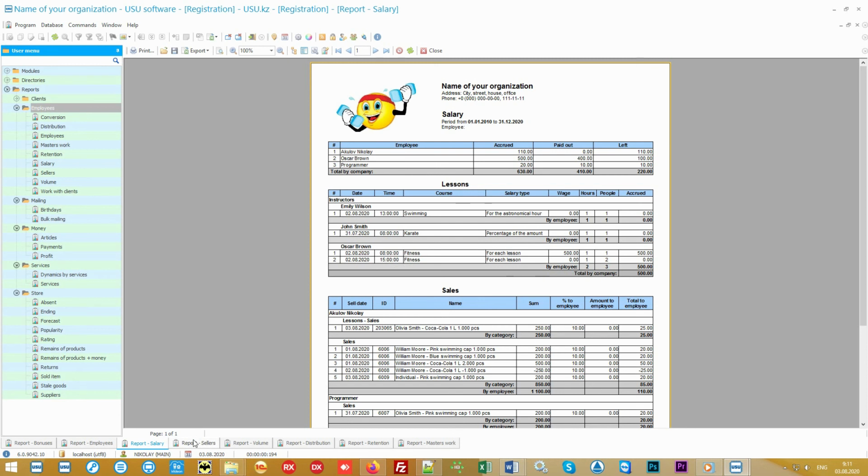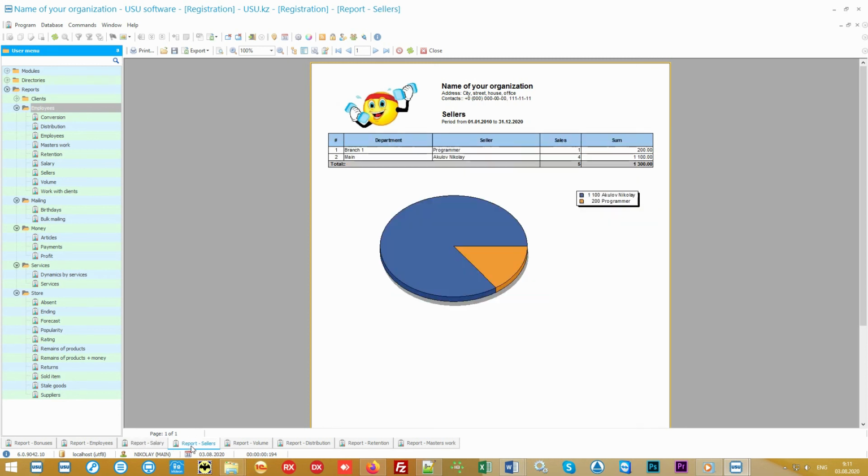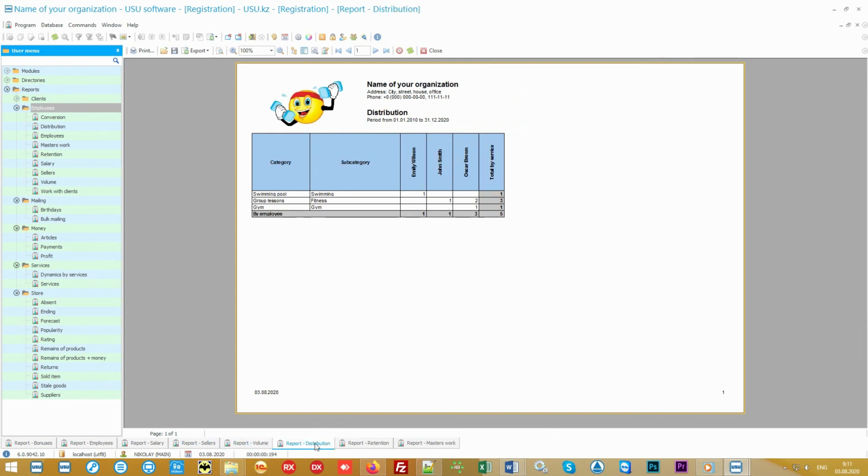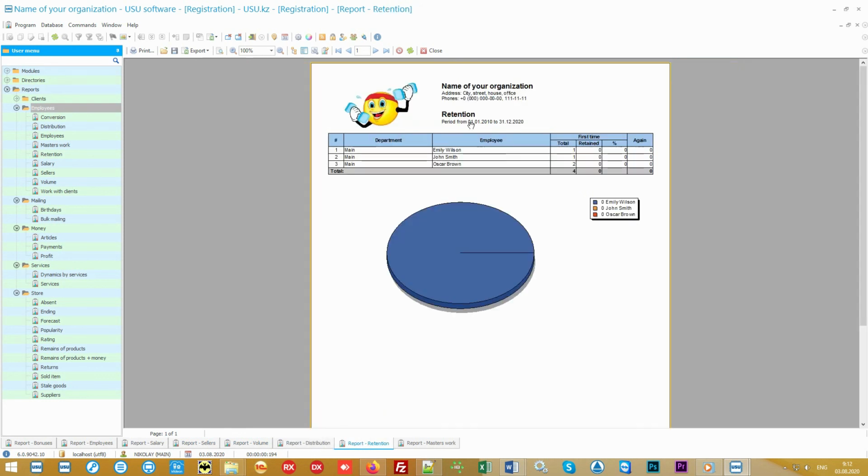If you have not only services but also sales of goods, it will be possible to analyze the work of each seller. The activity of conducting classes over time can be seen in the report Scope of Work, and how exactly the loads are distributed among the employees will be shown in the distribution report. The most important task for each employee remains, of course, working on their own reputation. And best of all, it can be traced using customer behavior.